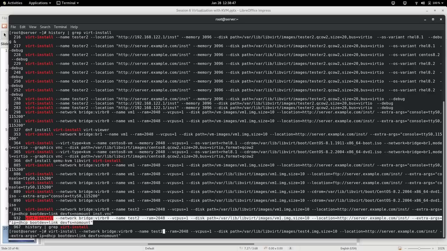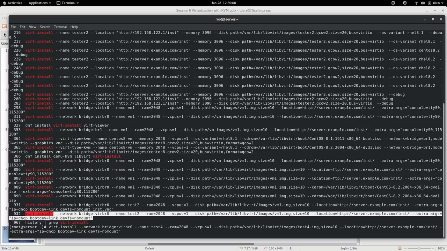The machine name is test 4. The 4 machines are going on parallelly. So test 4, bridge, virtual CPU 1, disk, what will be created, size 10 GB, location is going to be from the HTTP server, extra argument, take the IP from the DHCP server, boot device is link, dev offers no mount, and this will start my fourth machine. So this is from the command line.